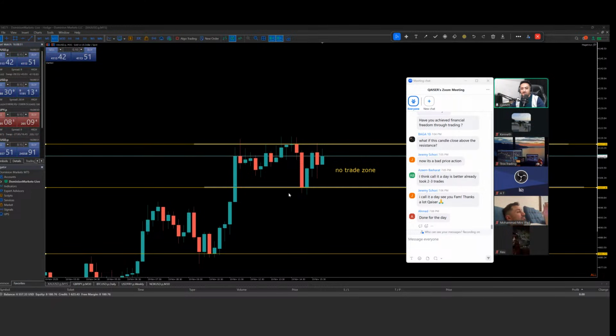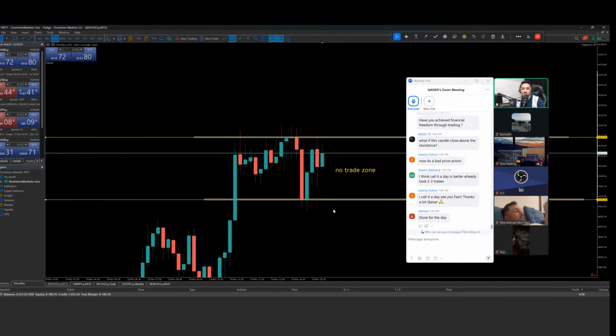Alright, so I'm just waiting for this 15-minute candle to be closed. If it closes within the range, I'm going to end the stream. There are 6 minutes left for this candle to close. If it closes above the resistance, I can see if I can give my trade a chance. And if it closes below this support, I'll see if I can give my trade a chance for the sells. I just need a breakout structure, and there are 6 minutes left. If in those 6 minutes we get some structure, I will give my trade a chance rather than calling it a day.